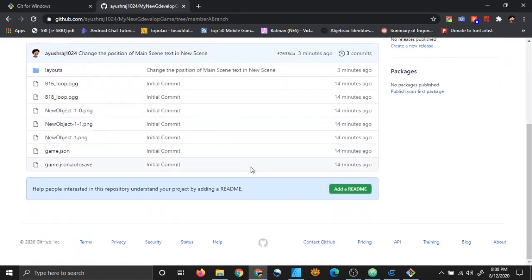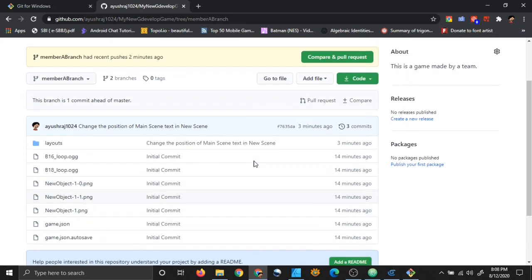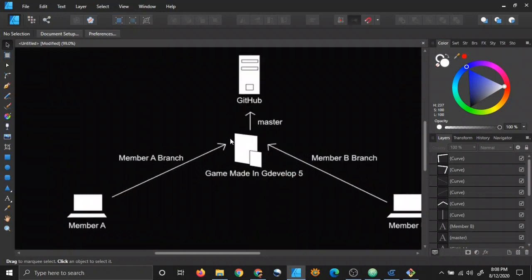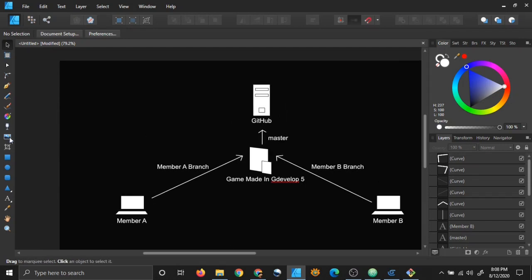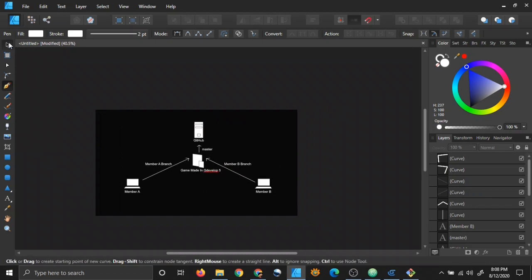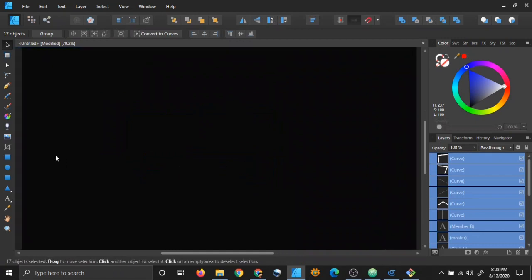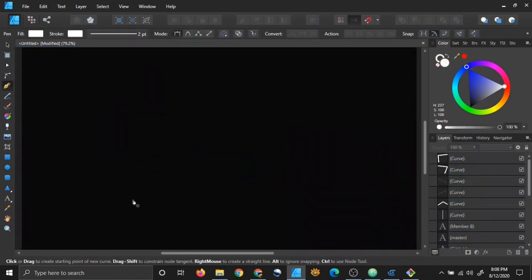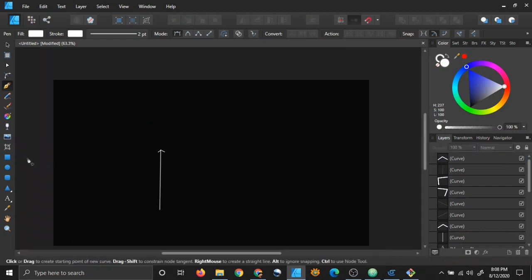So now I want to merge the two branches. I want to merge member A branch with master branch. Let me show you in a little graphical way. So let's say that I have a branch here, which is member A branch, right?